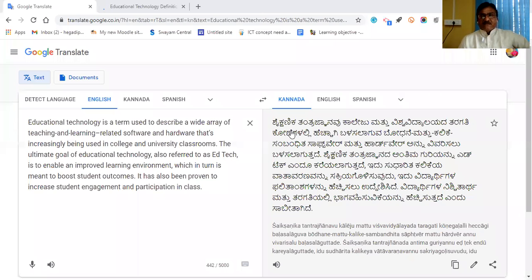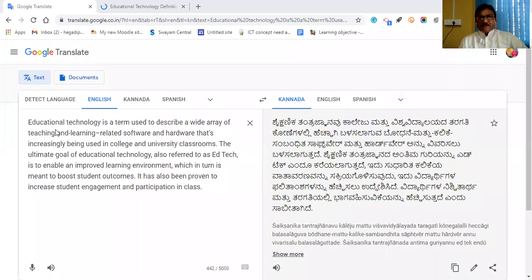Google Translate application. You can see here, the education technology term used to describe a wide area of teaching and learning related software, hardware that is increasing. That's how content is given here. Here also the content is exactly translated. Okay. In the same way,